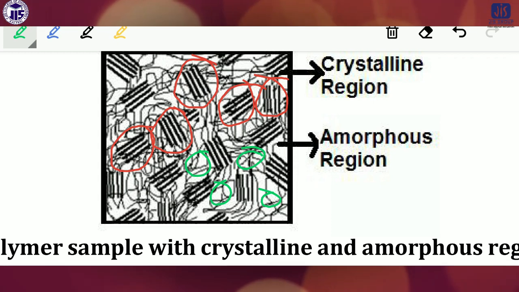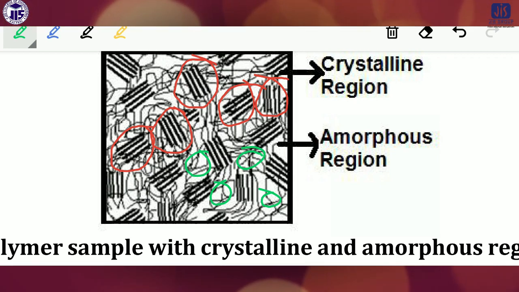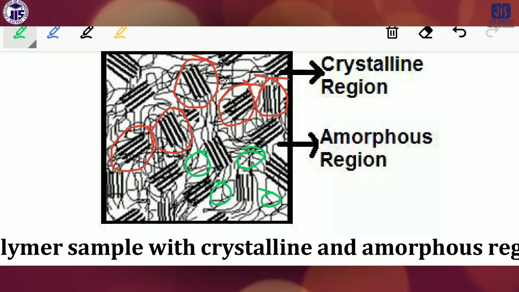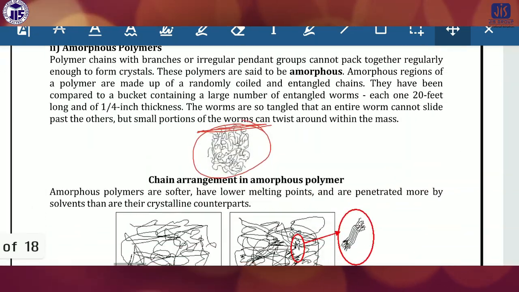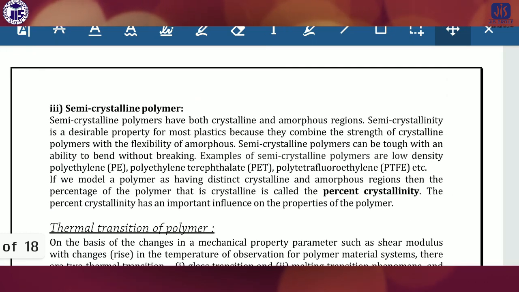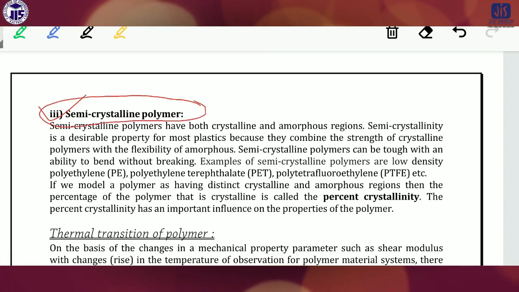Like it will be crystalline as well as amorphous, isn't it? That means it will be high strength. It should have high strength with high flexibility. So if we need two parameters, high strength with high flexibility, then what happened? There is another category that is called semi-crystalline polymer. Semi-crystalline means this polymer will have high strength with flexibility, and that's why it is called